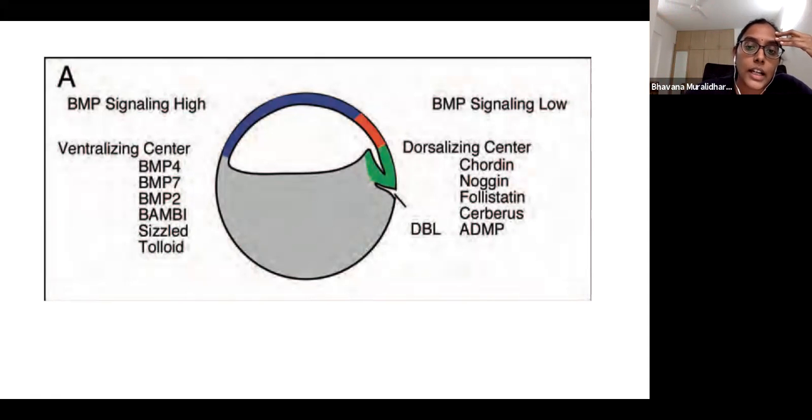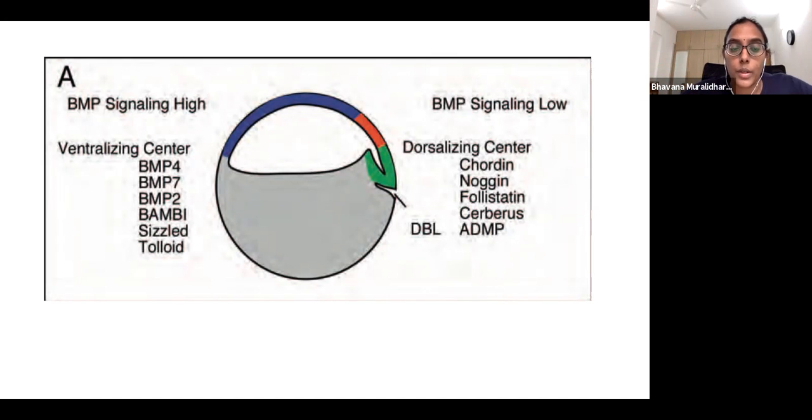And the Spemann study has already shown you that the dorsalizing center, or the center which consists of the dorsal blastopore lip, seems to be very important for this, because if you remove this and transplant it here, you have a second axis, or a second neural tube formed, a second axis formed from the anterior side. So